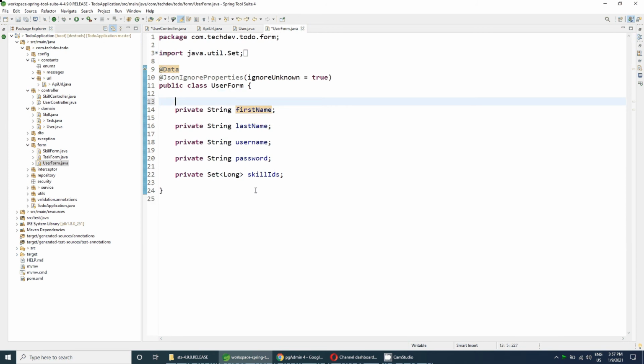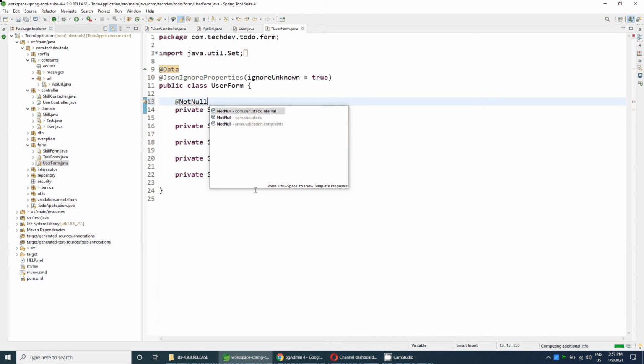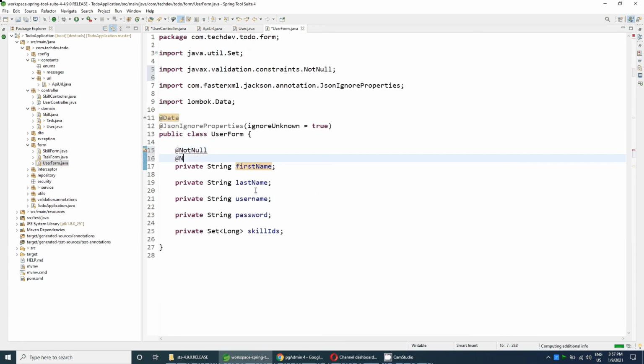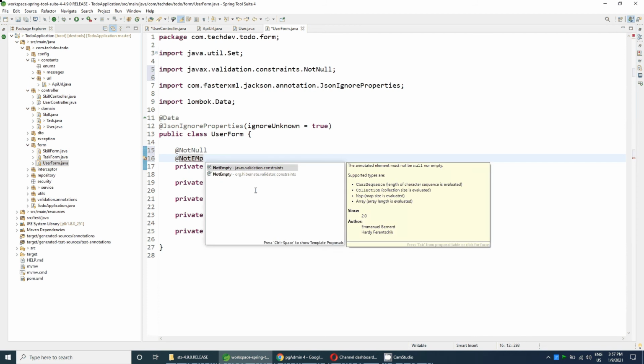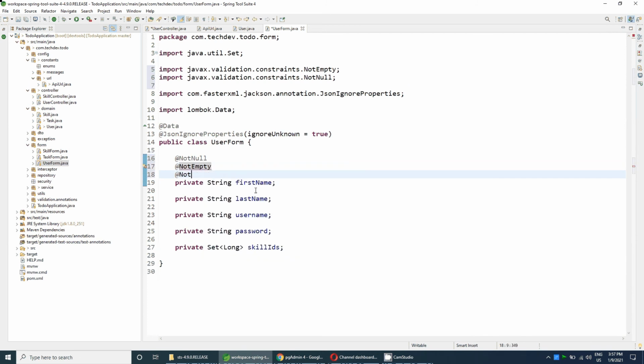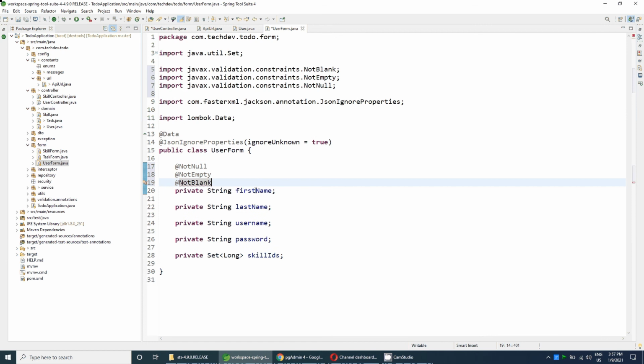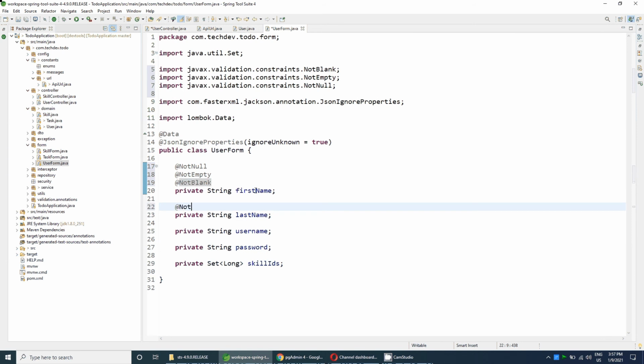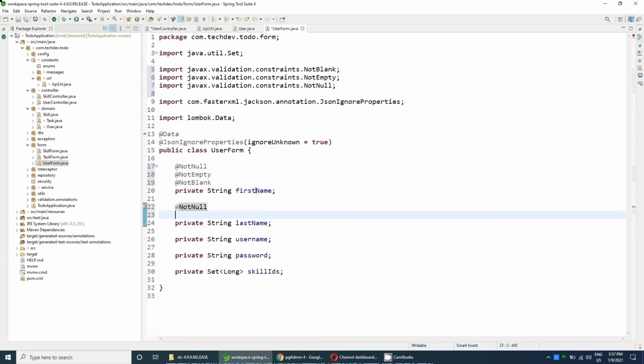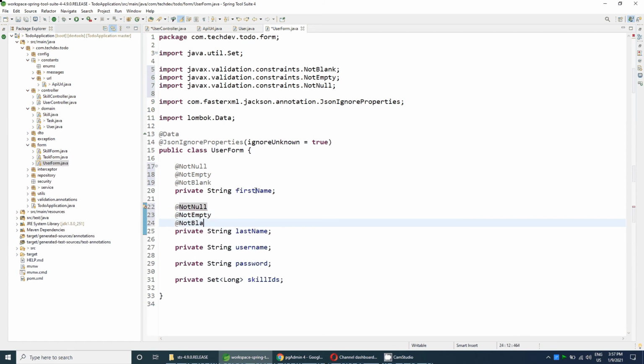We need to use the annotations not null, not empty and not blank.